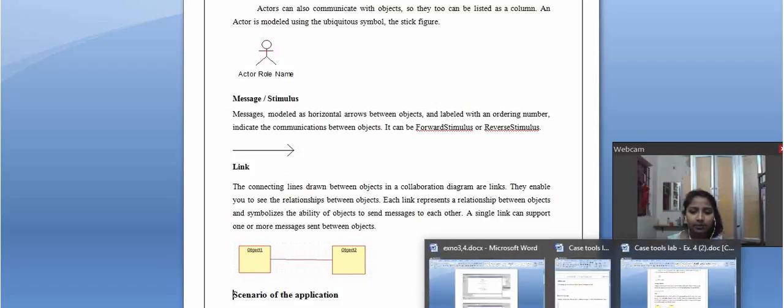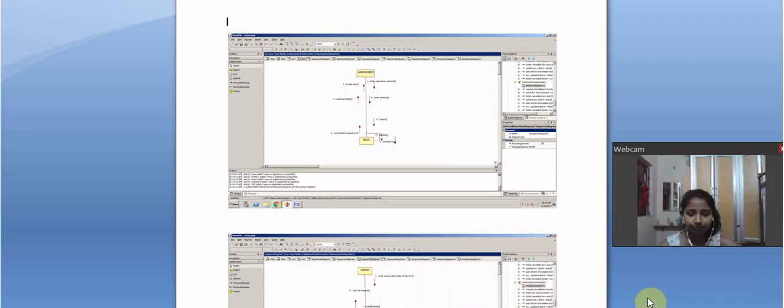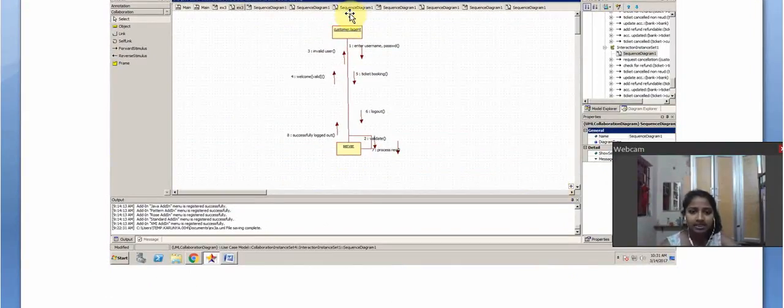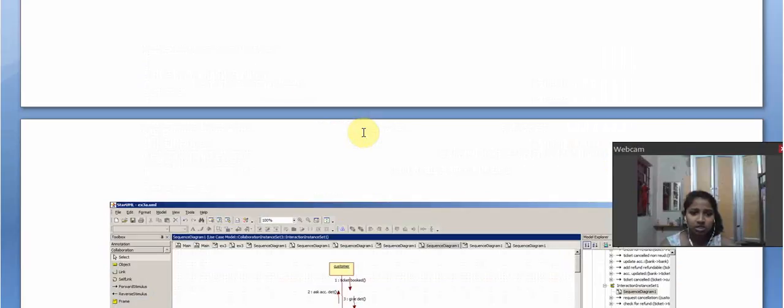So for the following bus reservation system, we have a diagram. First, for login: customer, agent, and server. Enter username, password, input requested, then it will validate whether the entered username and password are correct. If not, then it would send back. If it is correct, it would welcome. Then the customer would book a ticket, and then he can successfully log out after the process is